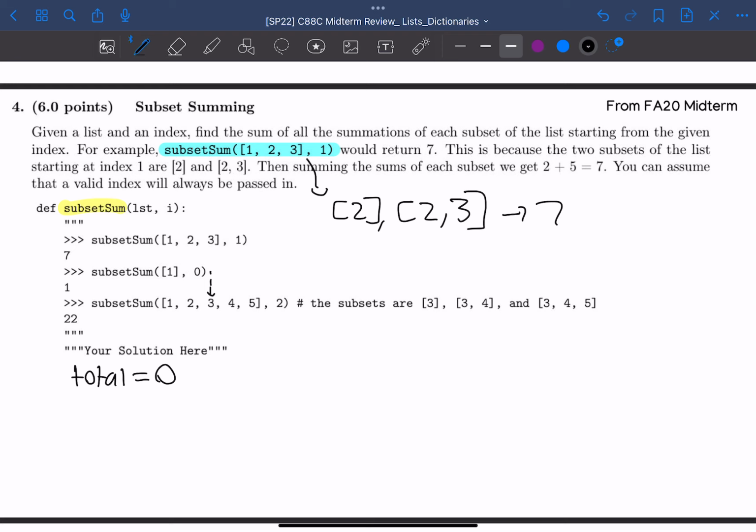But you can almost think of some j variable that's extending. Initially, it's set equal to the same as 3, where we just have the list containing 3. Then it's going to move to 4, so now we have that list 3, 4. Then it's going to move to 5, so now we have that list 3, 4, 5. And we can almost do the for loop for that j variable, since that i is locked in place. So what we could do is say, okay, for j in range,